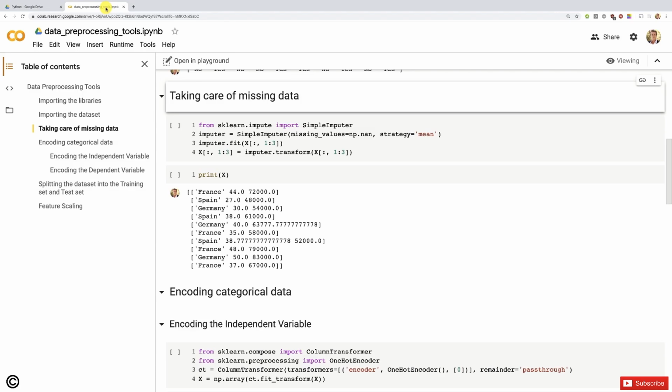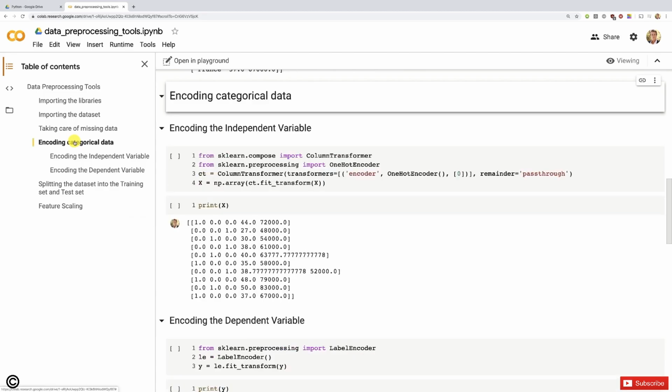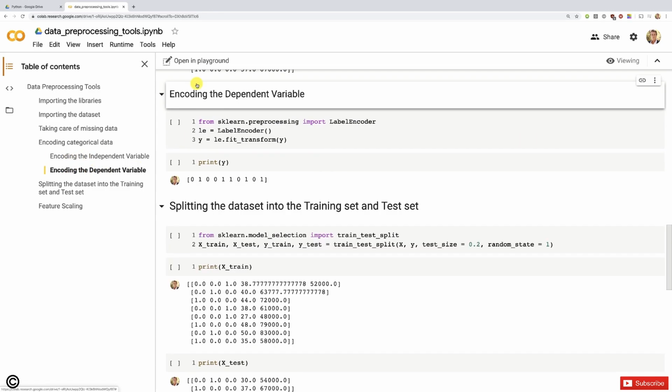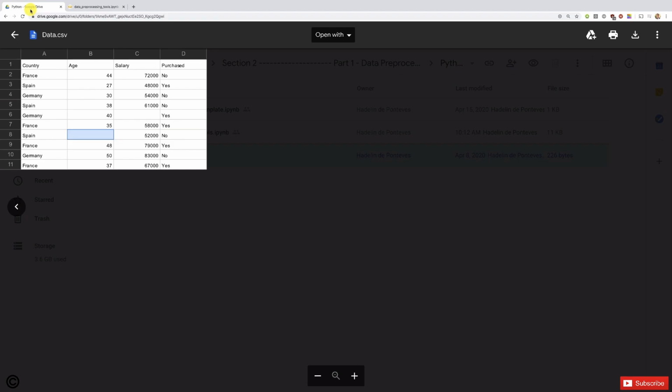All right, then after taking care of the missing data, I will teach you how to encode categorical data, whether it is the independent variable, which is your predictors, or the dependent variable, which is what you want to predict. So as you can see in our data set, well, we have actually two categorical variables. We have this one, the country column, containing indeed 3 categories, France, Spain, and Germany, as opposed to all these numerical values in the other variables. And also we have this categorical variable containing 2 categories, yes and no. All right, so I will teach you what to do with that situation